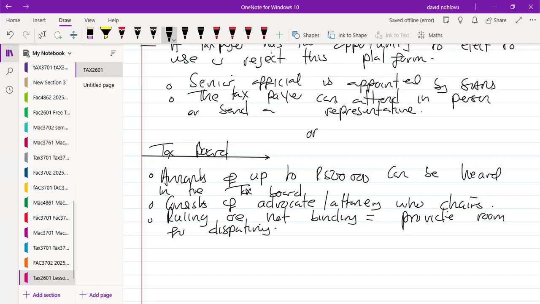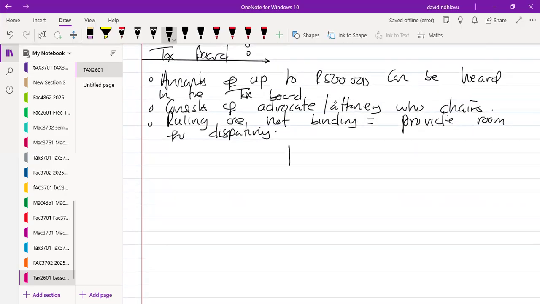So the tax board is not a court of law in a way. Right, the tax board is an attempt to say that we are not agreeing between SARS and the taxpayer, and let's bring in someone neutral now who can arbitrate. But the ruling that is then made is just advice by the attorney to say, I think we should settle it like this. But if you still feel aggrieved as a taxpayer, you can take the matter up with the tax court.